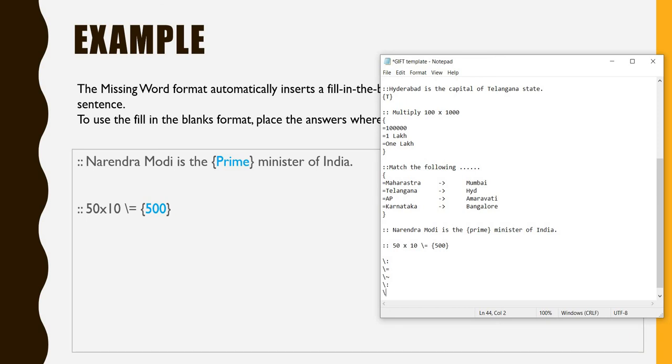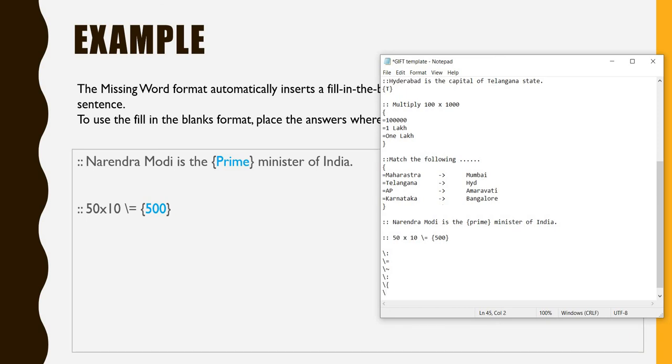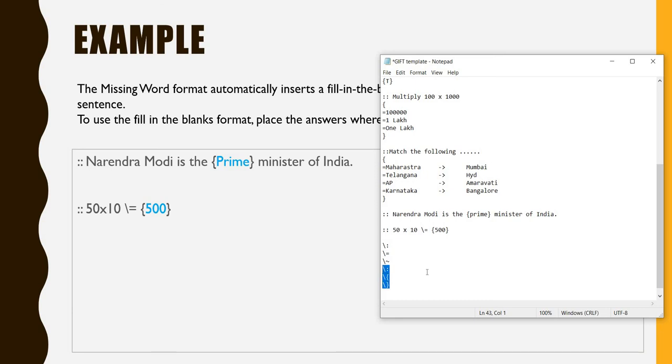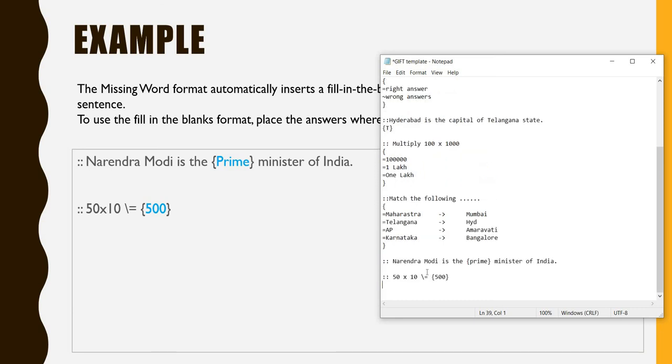Flower bracket open, yes, backslash flower bracket close. So now all these control characters are overridden by using a backslash symbol. Yeah, great. So these are not in the template, just only for your demonstration here.